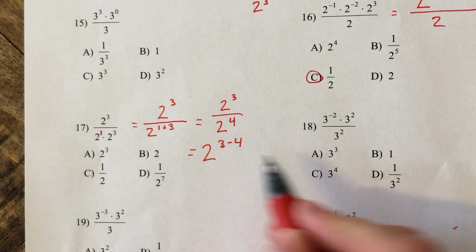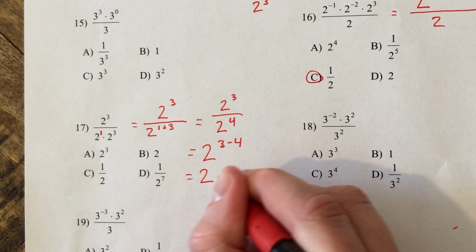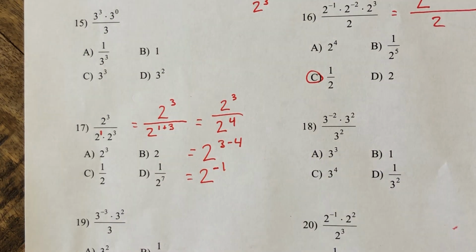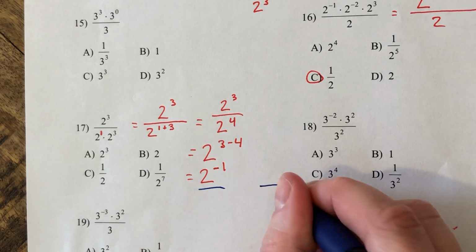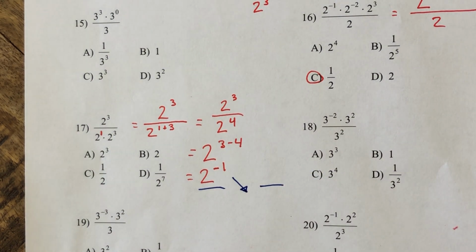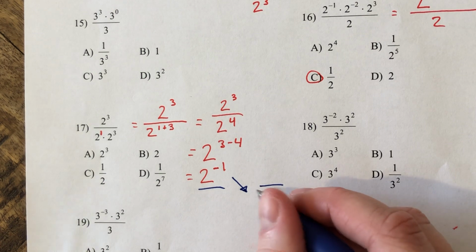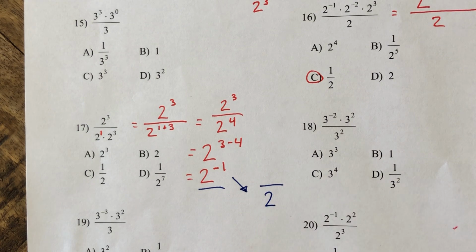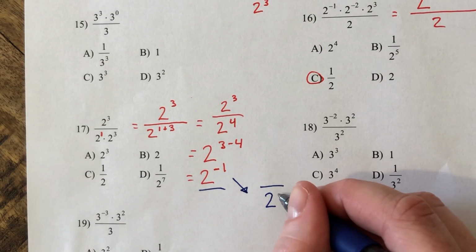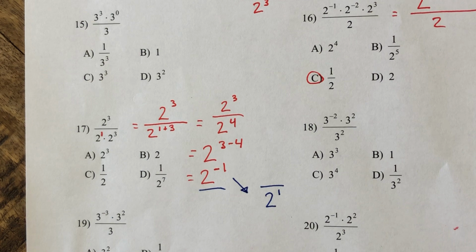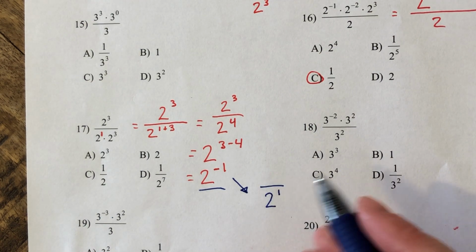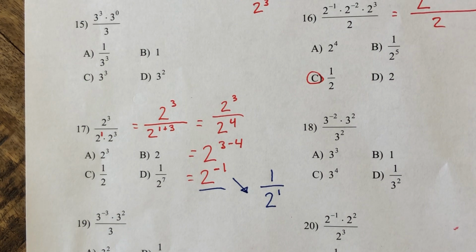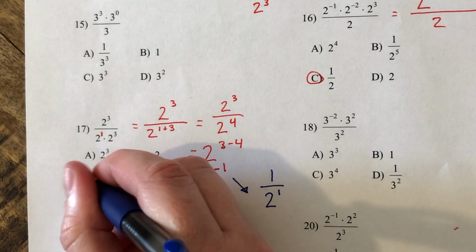When we take 3 minus 4, we get 2 to the negative 1st power. Negative exponents do not like where they're at. They go to the opposite side of the fraction bar and they become positive. So that 2 to the negative 1st power is going to become 2 to the 1st power. And we can't have nothing on top in the numerator here, so we put the number 1. So our final answer is 1/2, or letter